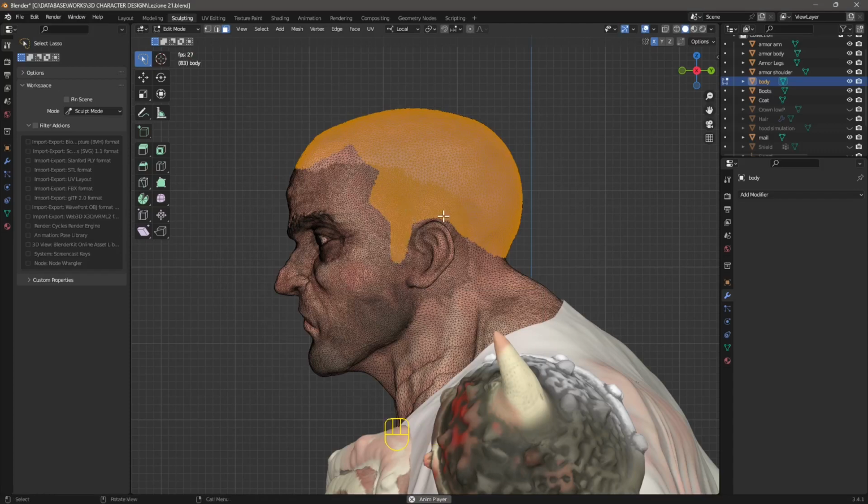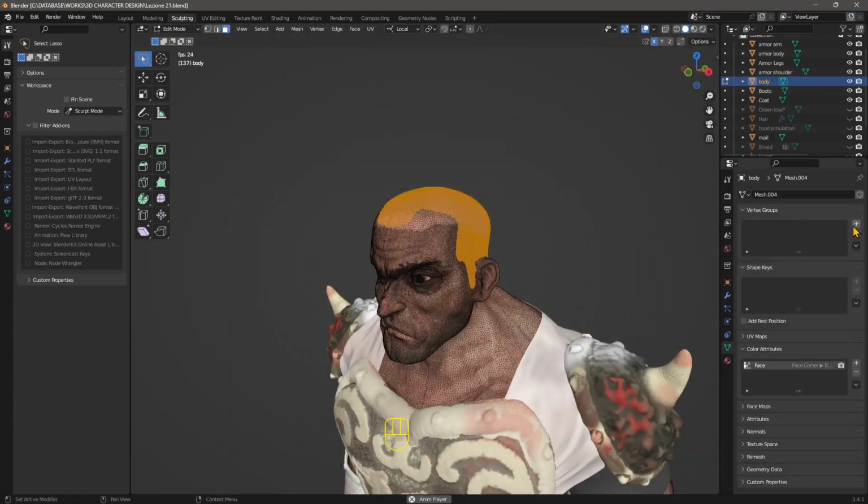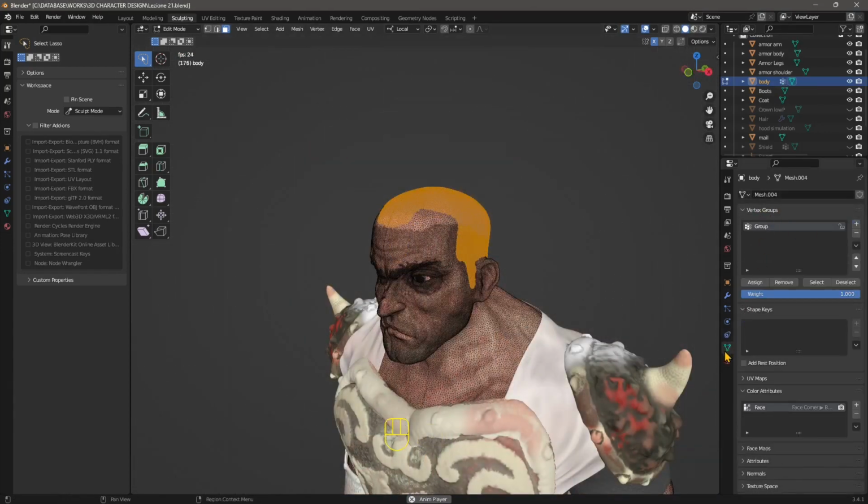Now you have many techniques also for the hair particles, and you have also a new tool that we're gonna see at the end of the video to create hair. So right here you can see I'm just selecting the part of the head where I want to apply